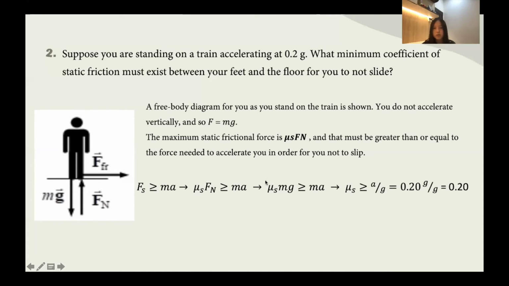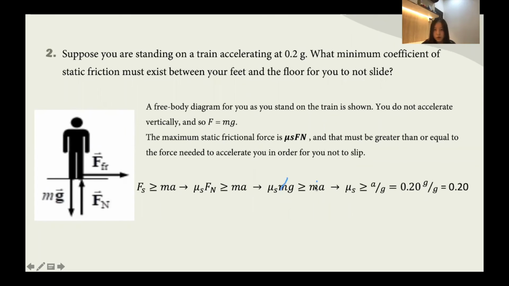We can simplify that: coefficient of static friction times mass times gravity must be greater than or equal to mass times acceleration. In this equation, we can cancel out both of the